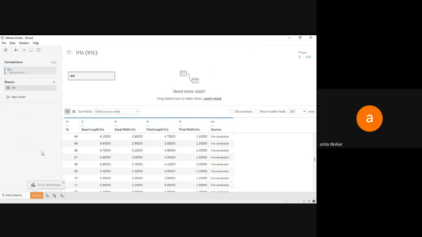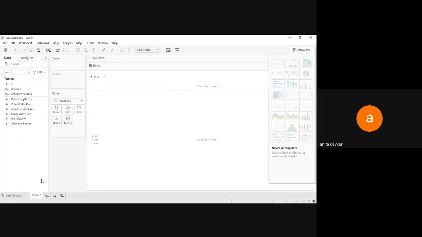Now what I want to do is go to this worksheet. Here actually this is the Tableau window. You can see below this is the status bar, and the sheet tab is there. So I'm going to this sheet, that is the worksheet. This type of window appears, and this is the Tableau window or the Tableau workspace. It is pretty easy to understand, so just dive into it.